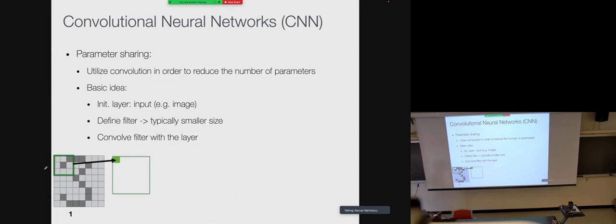But you can do something much more, like you can have filters that detect edges, for example. If you have a filter like this, 1, 1, 1, or 0, -1, 0, I don't know exactly how they look, but something like this, this would detect a line that looks like that in the image.